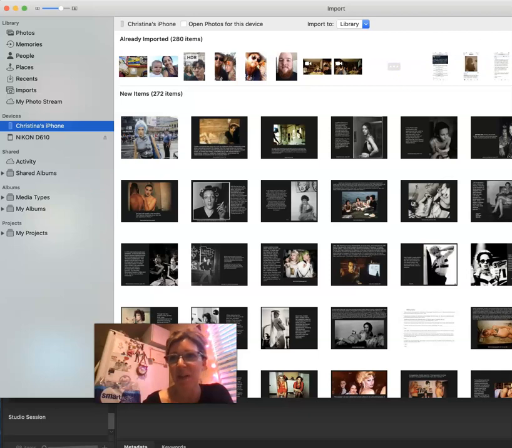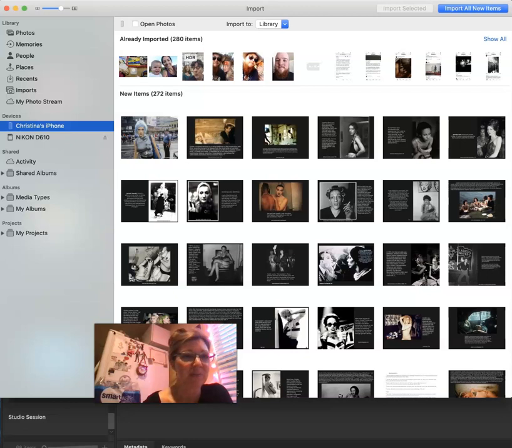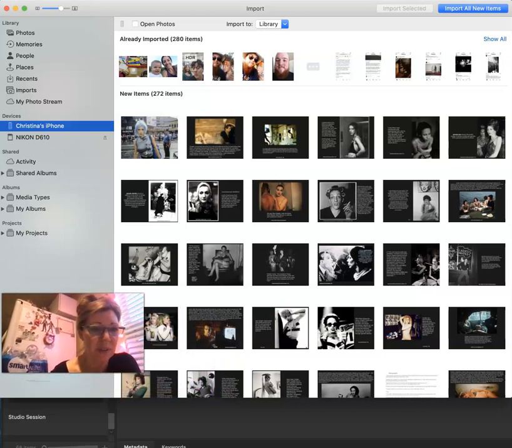So this will take me right to the pictures I've imported from my iPhone. So for me, that's how it works. So this is from my phone, and then in here, in Photos, it also shows me my memory card, my SD card for my camera. Okay, all of that said,